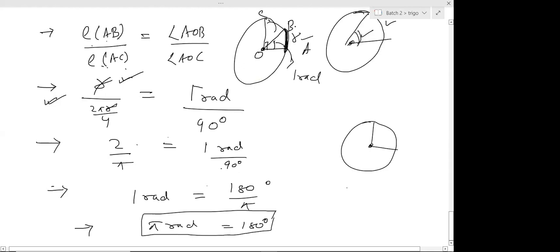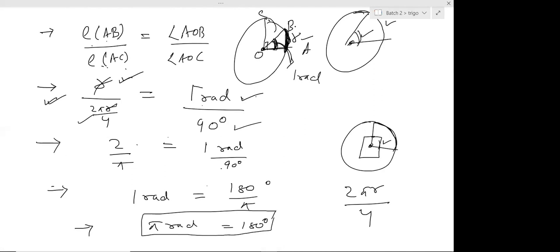this whole perimeter is 2 pi R, and total angle is 360. If you take 90 degrees only, then this length will be 1/4 of the original perimeter. So 2 pi R upon 4. Now angle AOB. This is the definition of 1 radian. If the radius is R, and you take the angle measured by arc length of R, then this is 1 radian. So I substitute this value, and here angle AOC is 90 degrees. All right, Rahman,